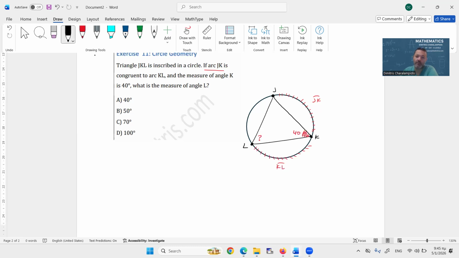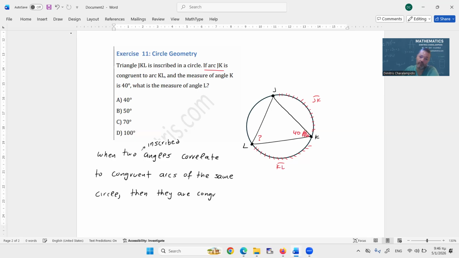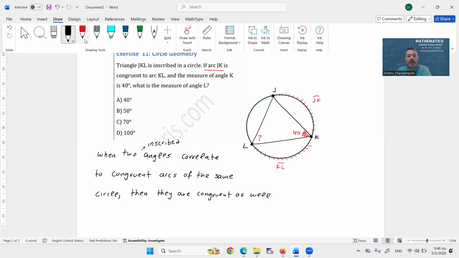Okay, let's see how this is done. First of all, we know that, or we should know that, when two inscribed angles correlate to congruent arcs of the same circle, then they are congruent as well, which means that since arcs JK and KL are congruent, then their corresponding inscribed angles,